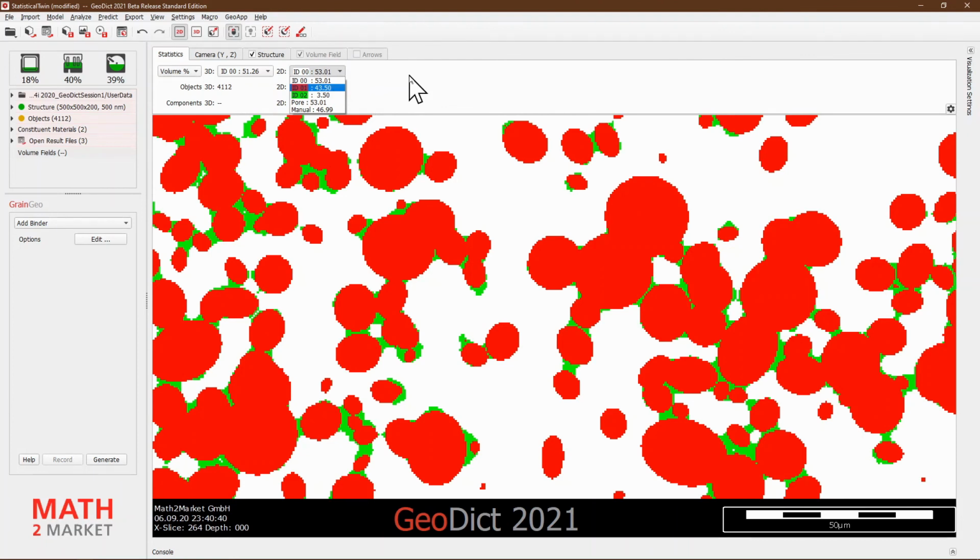Okay, that's the end of session 2, and we will compare the real material with a statistical digital twin in the third session after this.